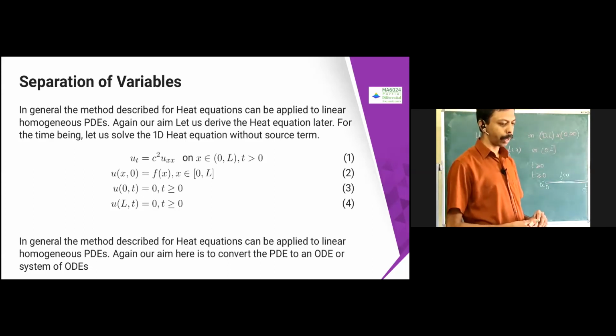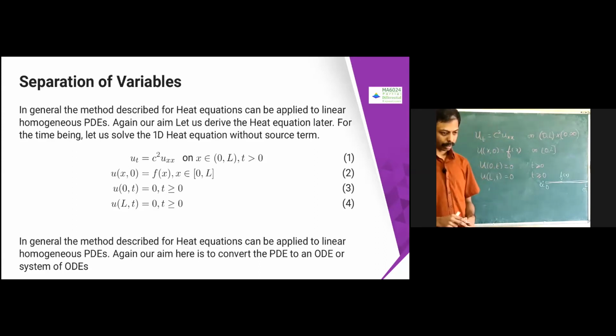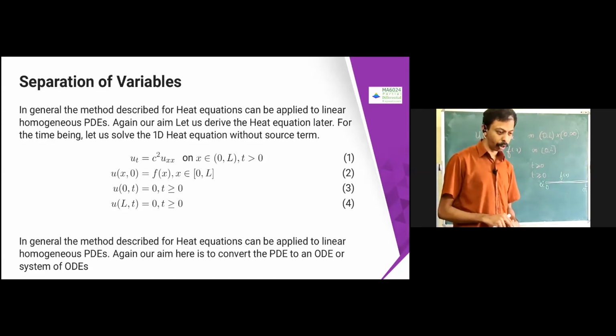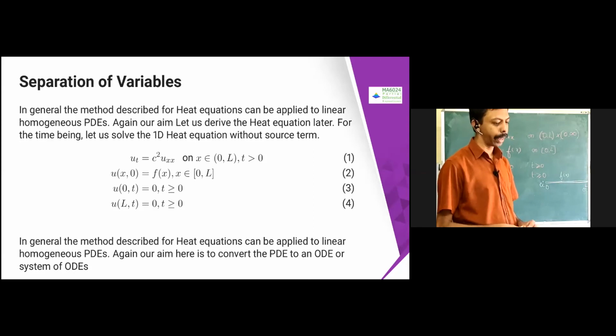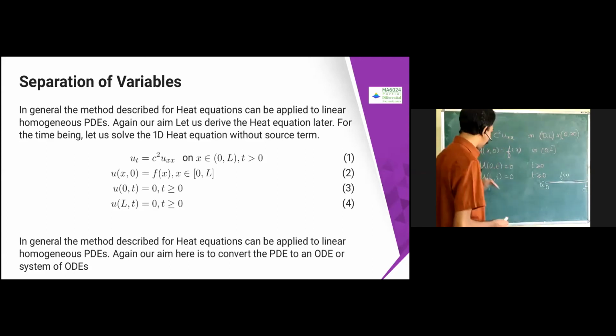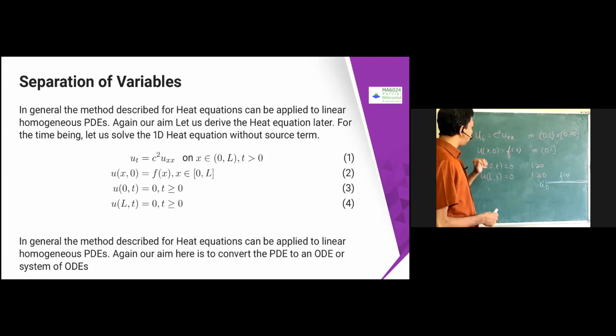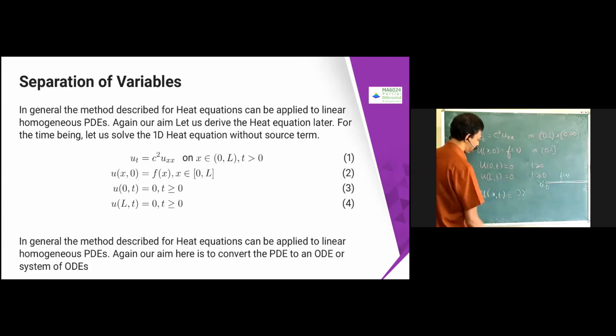We assume that the existence conditions and other things hold. What we are going to do is solve the problem. The conditions are given here. We are trying to find the answer u of x comma t, so our aim is to find u of x comma t. At t equal to 0 it is given. Now what is the condition for u of x comma t? That I need to find.